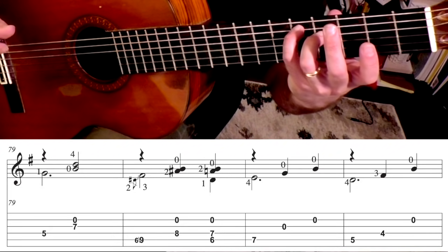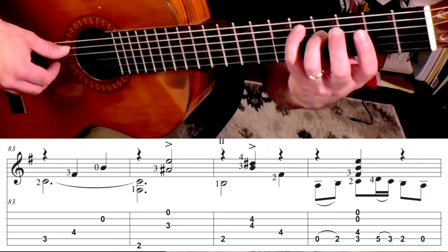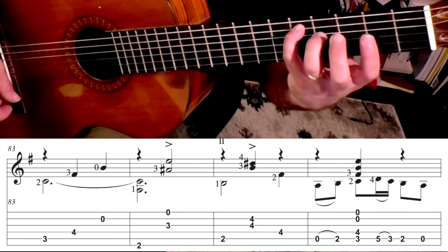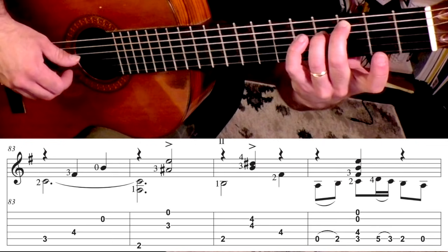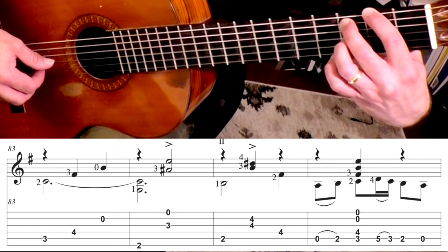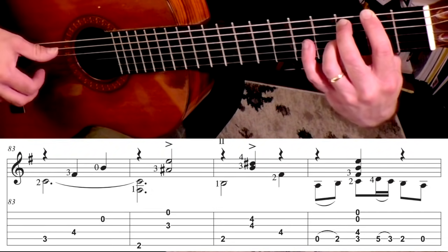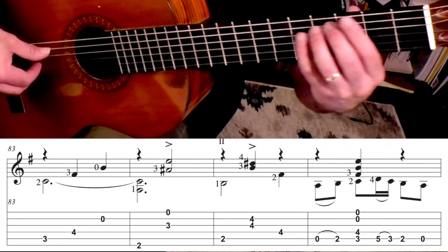For there. If you take a look at measure 83, the chord before, we were here. So what we're going to do is keep that 3rd finger down and just put the 2nd finger on the C, 3rd fret. 1st finger goes down. And then third finger goes to that third fret on the third string. I really try and bring that out, and I'll use pizzicato, plus I'll hit it harder. So you've got this,